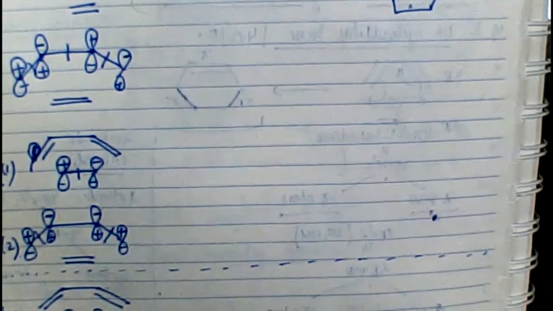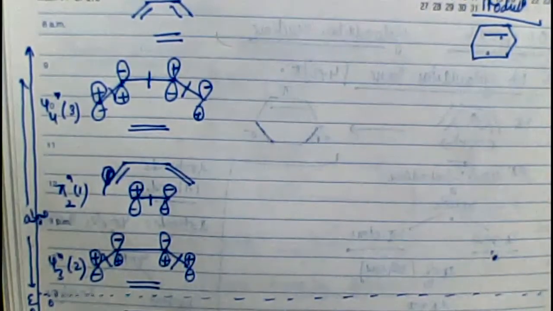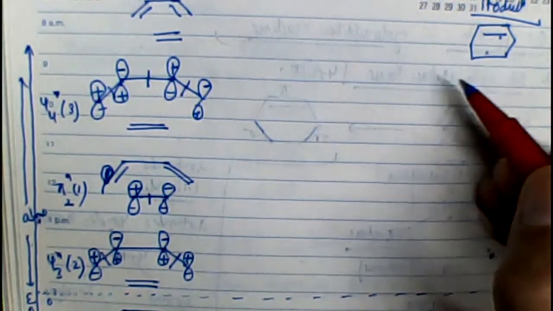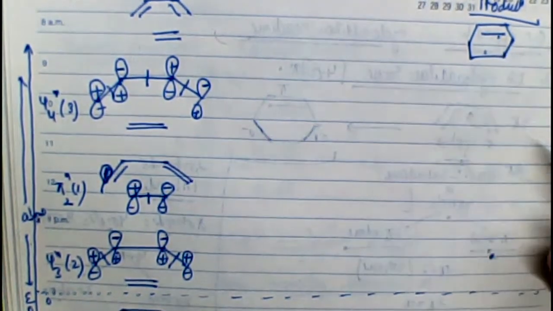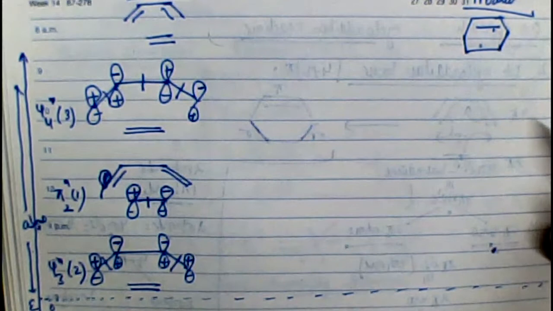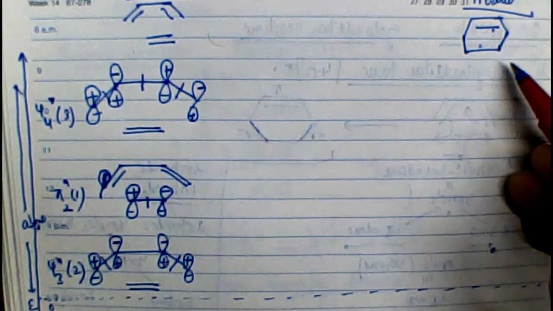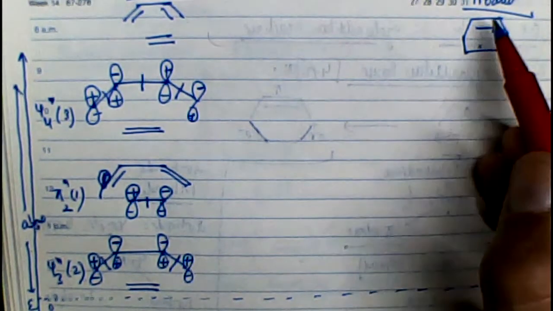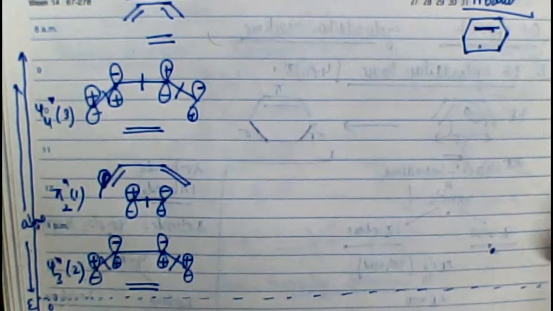Alright. Now let's focus on the product side. So once we focus on the product side, the product is what? The cyclohexene system, 2 new sigma bonds, 4 sigma orbitals, and out of those 4 sigma orbitals, 2 sigma will be bonding, 2 will be anti-bonding, 1 pi bond, 2 pi molecular orbitals, 1 pi bonding and 1 pi anti-bonding.